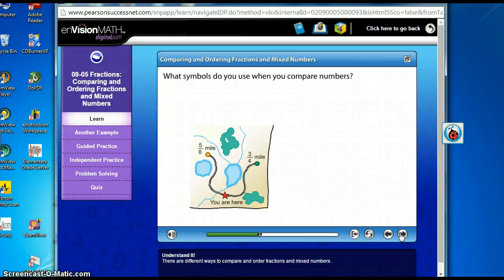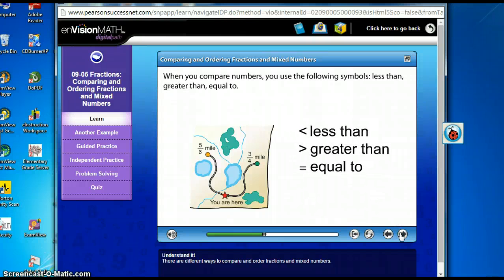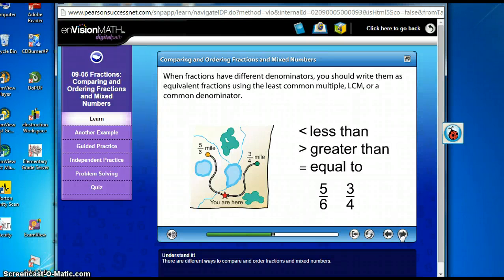What symbols do you use when you compare numbers? When you compare numbers, you use the following symbols: less than, greater than, equal to. When fractions have different denominators, what should you do before you compare them? So we need to make them have the same denominator. When fractions have different denominators, you should write them as equivalent fractions using the least common multiple, LCM, or a